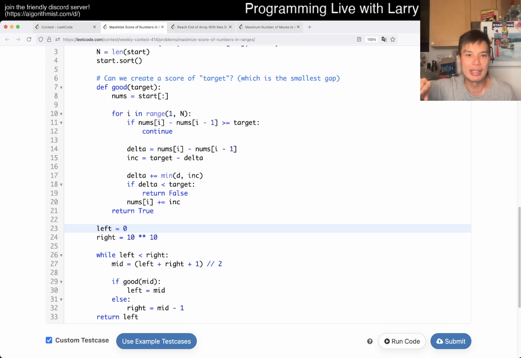And also equivalently, if you think about the other direction of going higher, well, if you cannot create a gap of 5, then that means that you cannot create a gap of 6, and you cannot create a gap of 7. It only gets harder, right? To create bigger gaps. So that's basically all you need to do for binary search, and this is how I do my binary search. I'm not going to go over the binary search in detail here. I know a lot of people have templates and all these things. I'm not a fan of it. I should do a separate video on binary search one of these days, but for now,